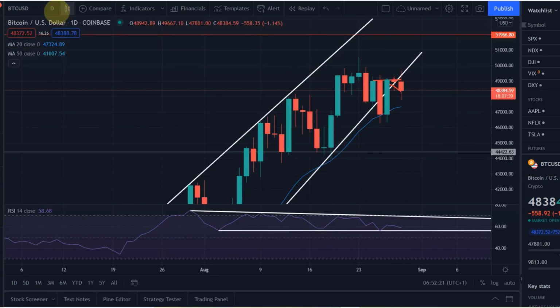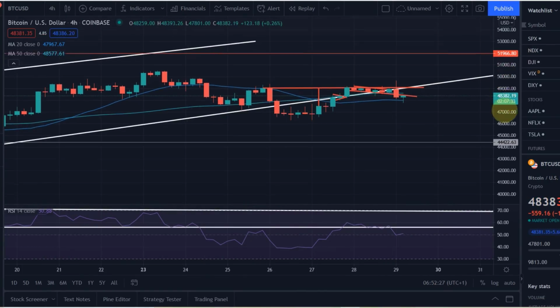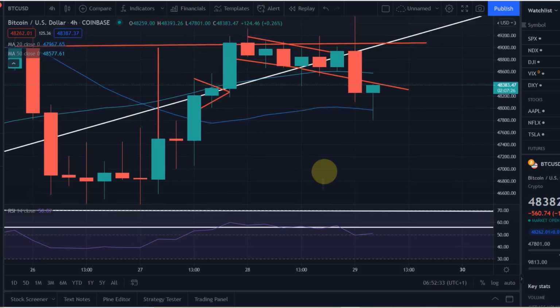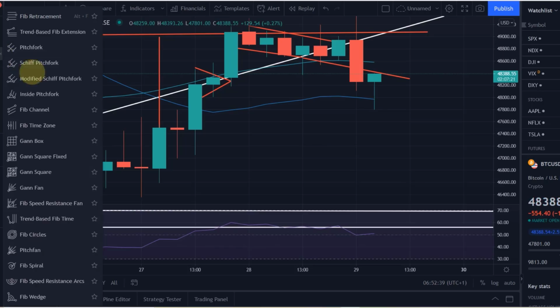One more thing I want to mention though is we obviously identified this as a potential bull flag, and I did say these never turn out 100%. So it could be that it is just not a bull flag, or it is a bull flag, but it just doesn't turn out like that. Well, what I need to say, the bull flag isn't really broken yet, because with a bull flag, normally what you expect is